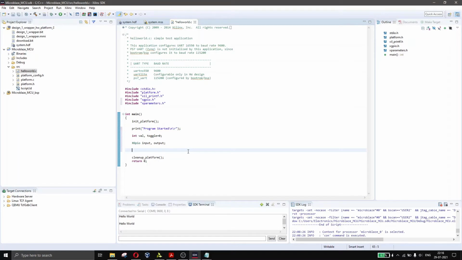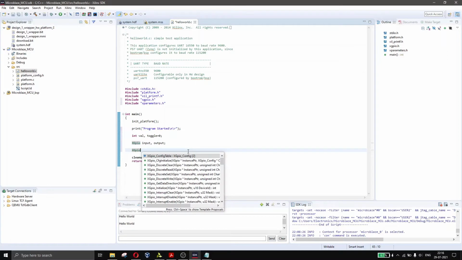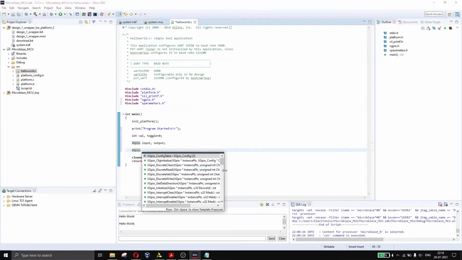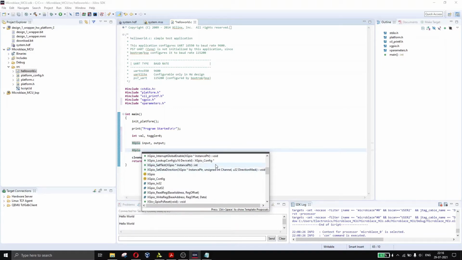So xgpio. Again, if you want to search it, Control plus Shift, and then it will take you to these things. So just expand it. As you can see, we have all the variables here. xgpio, we need to initialize it.